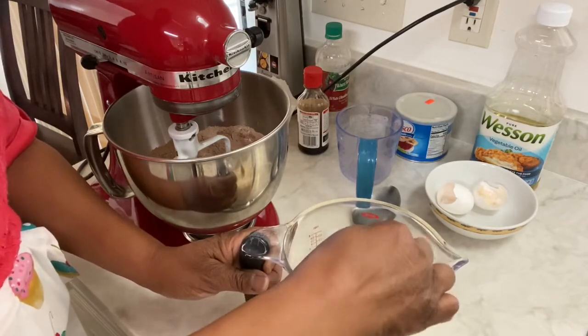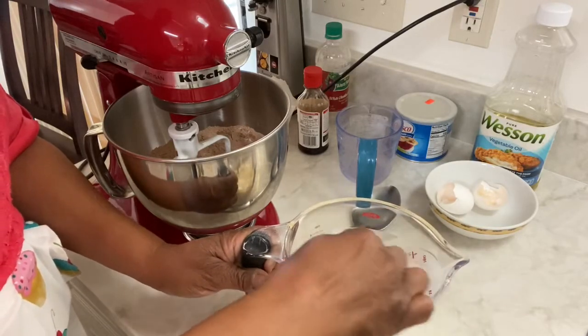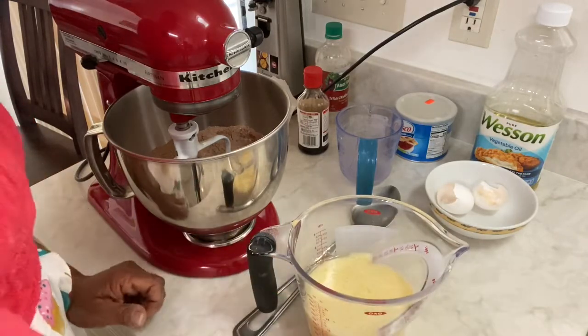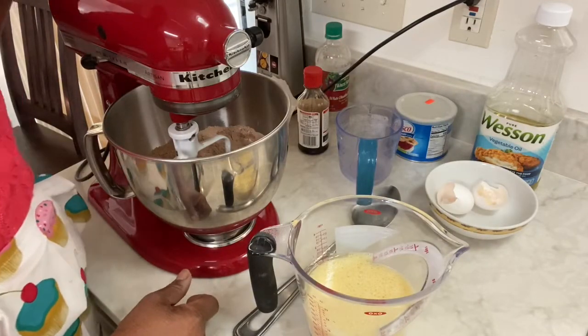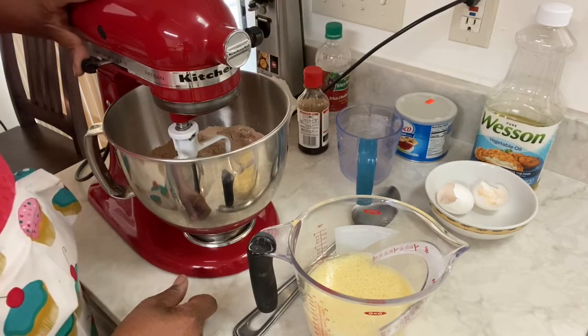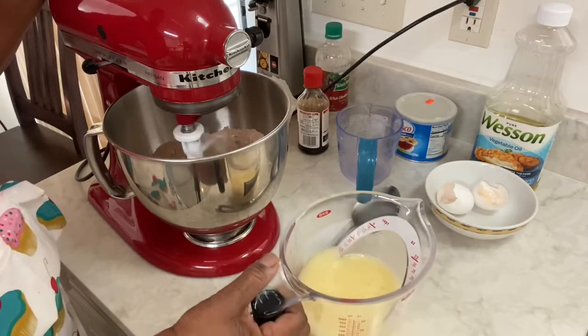Now, the one thing I do add to this chocolate cake is a cup of coffee. 1 cup of hot coffee, and we will do that once we get our cake mixed up. And I haven't heated up the coffee yet because I want it to be hot when I put it in here. So now we're going to turn our mixer back on, and we're going to slowly add in,